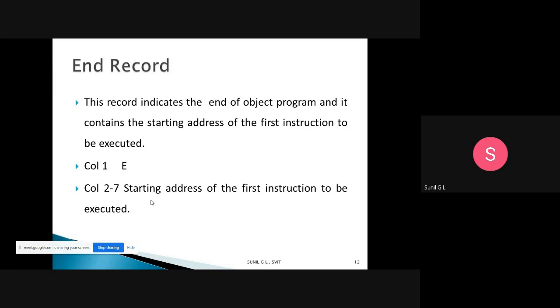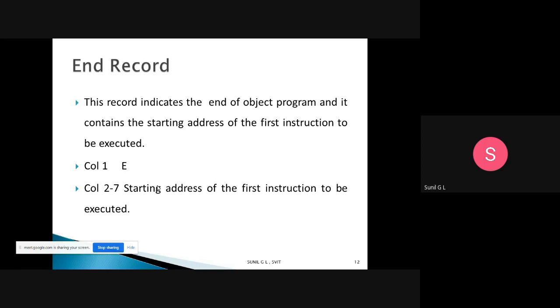For every program we have a starting and an ending instruction. So this record indicates the end of the object program and contains the starting address of the first instruction to be executed.